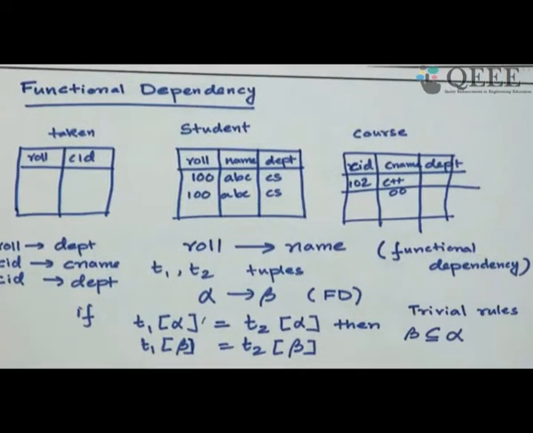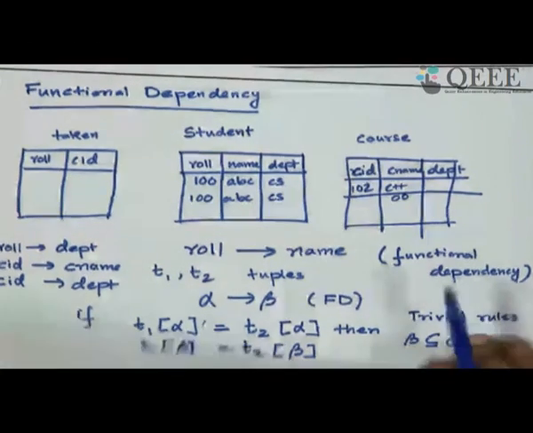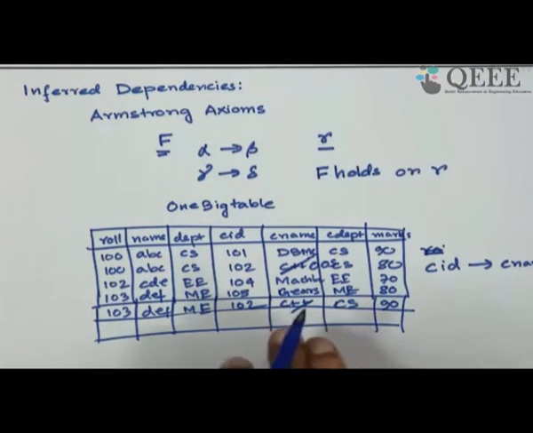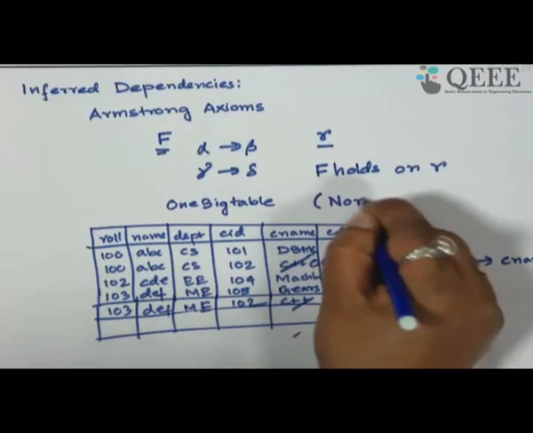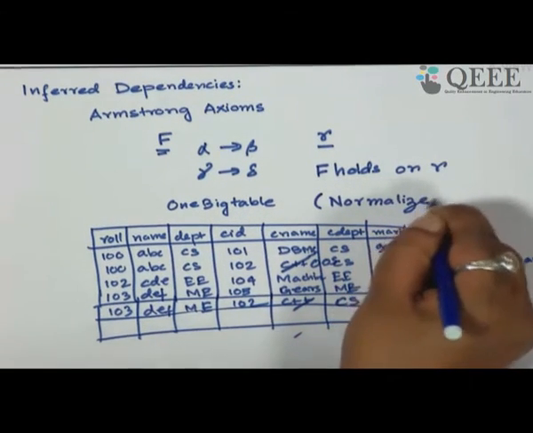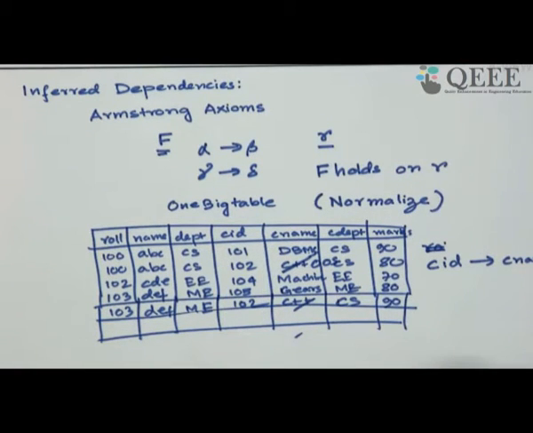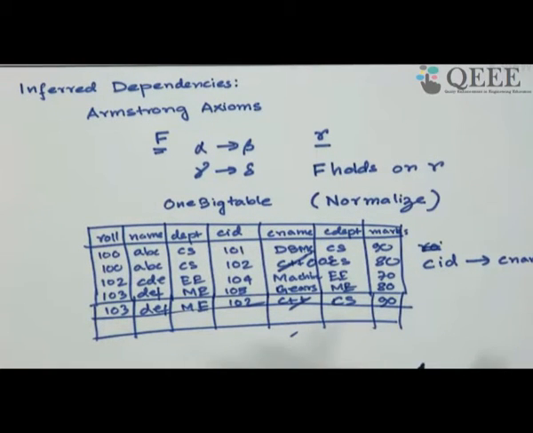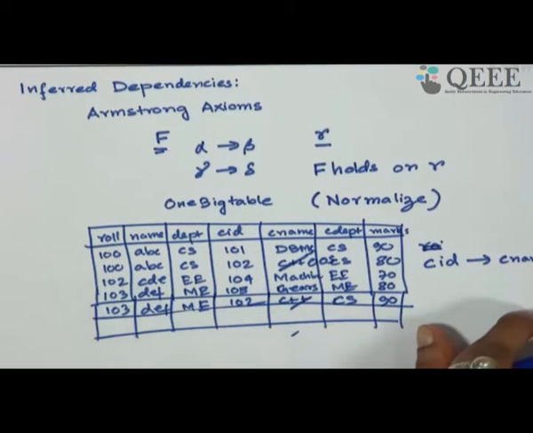this table is better. Suppose instead we have mistakenly made this big table, and now we want to convert it to these smaller tables. In other words, we want to normalize this. One of the most popular normal forms, the simplest normal form, is called first normal form, where every attribute is atomic. That means they are not composite, they do not have two parts. They are atomic. If all such attributes are there, I call that table first normal form.